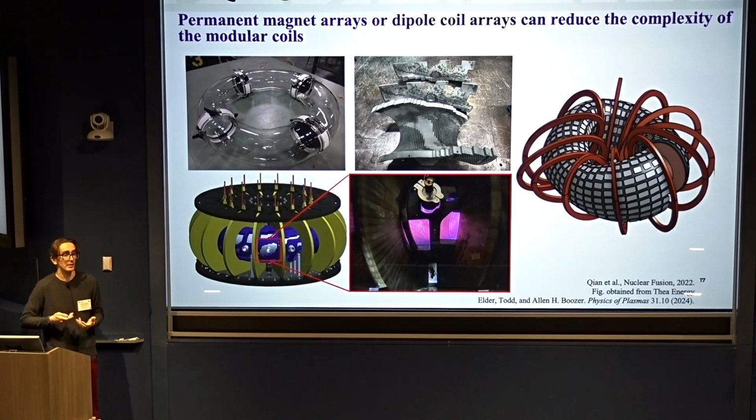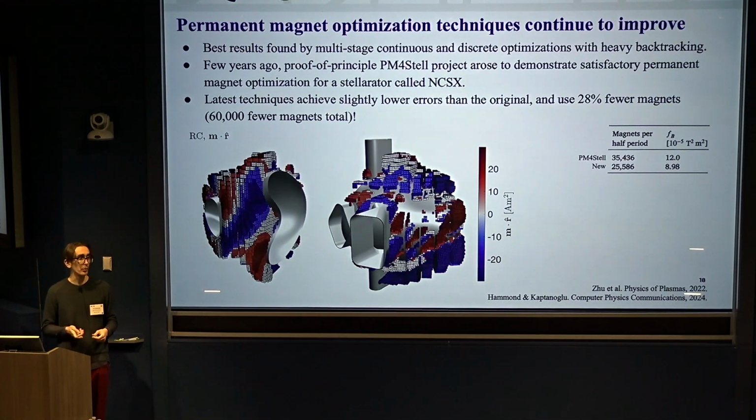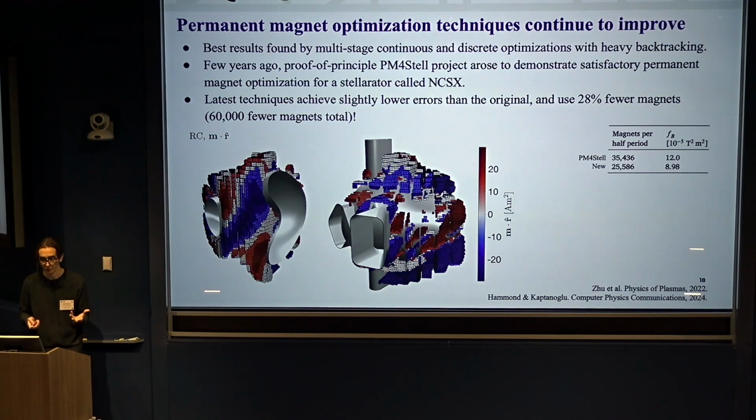Yeah, the question is, is this feasible as you go to reactor scale? Before I get there, I do want to point out that some of the work myself and others have done over the last few years on permanent magnet optimization has really improved the quality of solutions you can get here. This solution actually was pushed forward most by Ken Hammond. I don't know if he's here. But basically, they had this